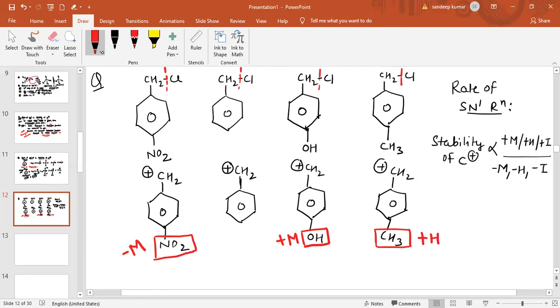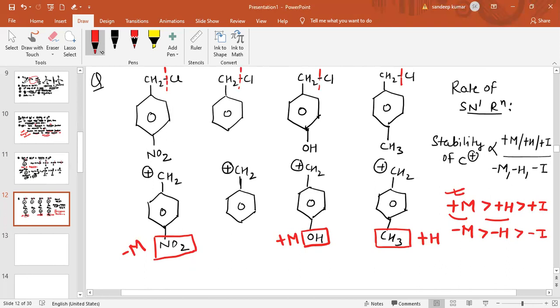Now plus M is more powerful than plus H, and plus H is more powerful than plus I. In the same way, minus M is more powerful than minus H, and minus H is more powerful than minus I. So out of plus M and plus H, more electron releasing is the plus M group. And we have to compare the rate of the reaction. So we can easily say